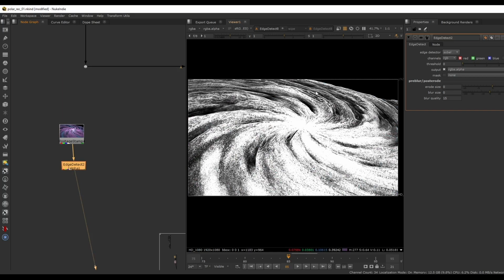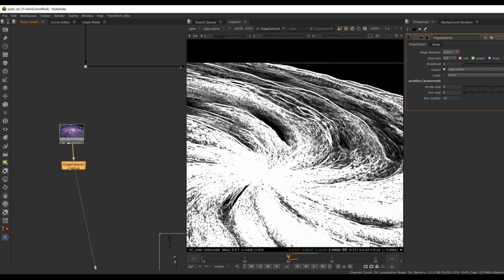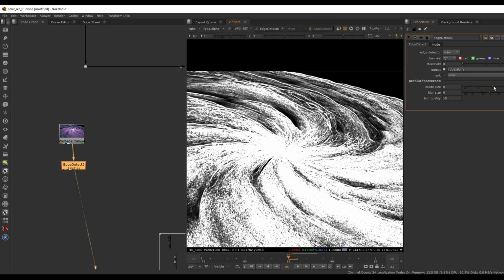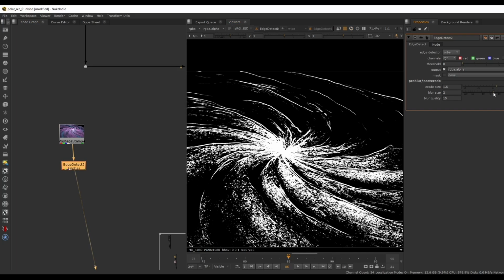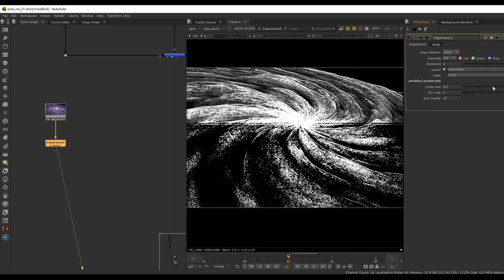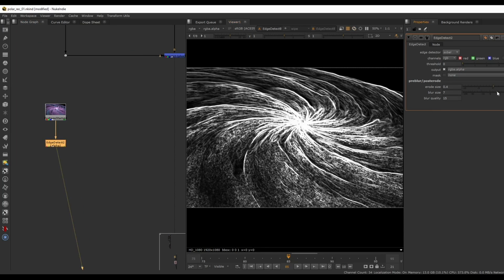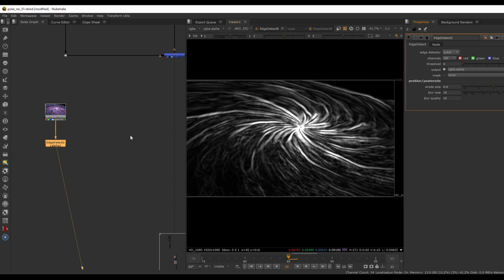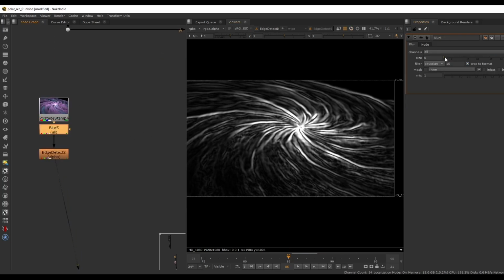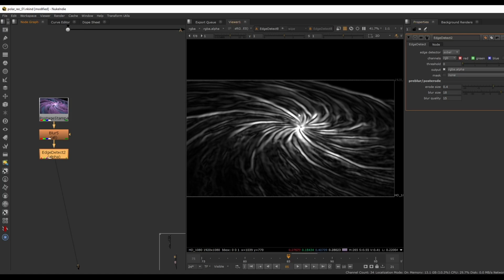Now this isn't really helpful by default, but we can kind of see some of these strings that are starting to create, and we can play around with the erode size to maybe get a better result, and maybe the blur size as well. When I start to increase the blur size, this is giving us something that we can actually work with, but we can also blur the RGB values on our main image before we do our edge detect, and this should also help to smooth things out quite a bit. So a combination between all of these values will give us something that looks like this,